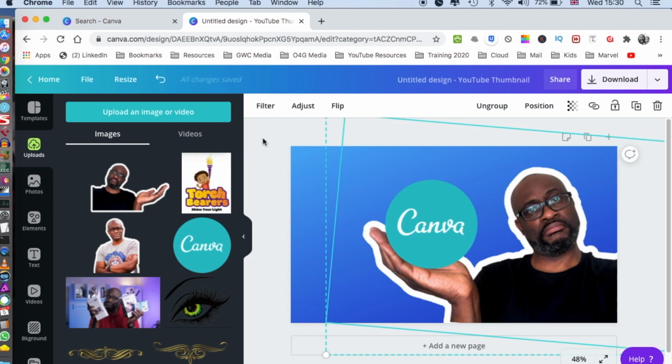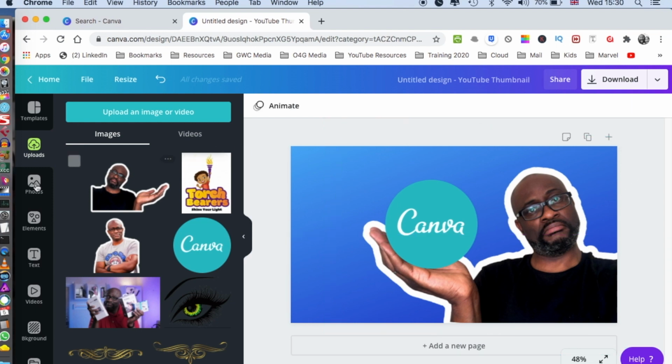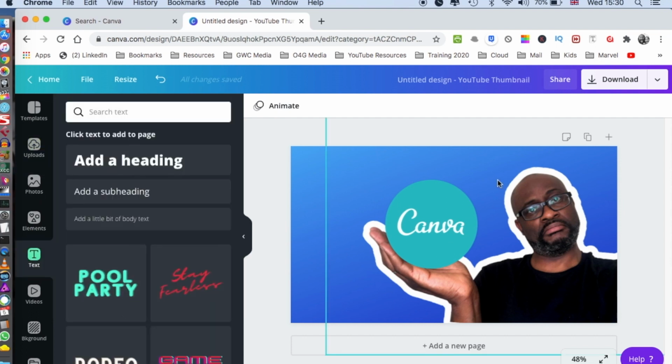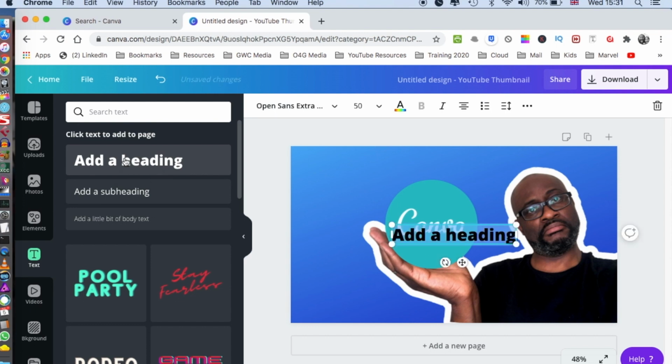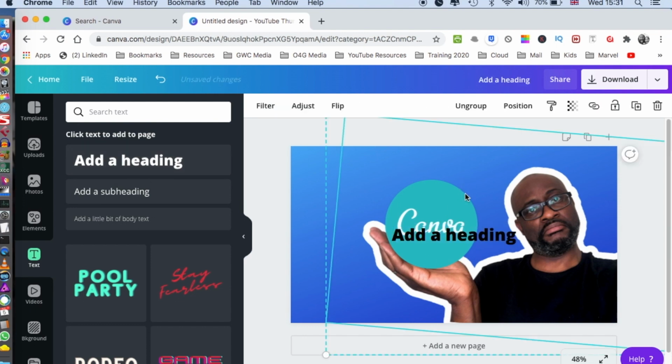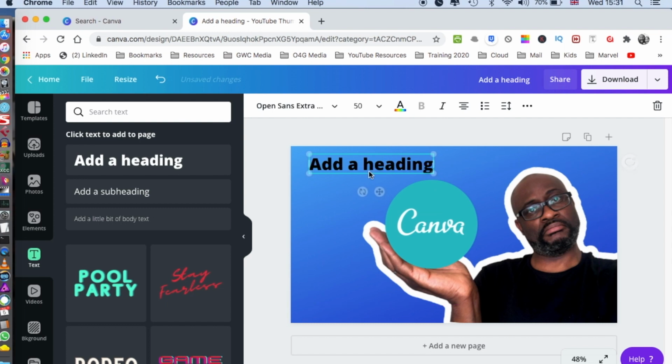And the next thing I want to do is I want to add a bit of text in here. What I try and do is to add a text that alludes to the subject matter. In this case, it's a custom thumbnail. So I'll go into text and use one of the presets here, and I just add a heading. So I'll just bring that right here, I'll double click on it, and change the text to